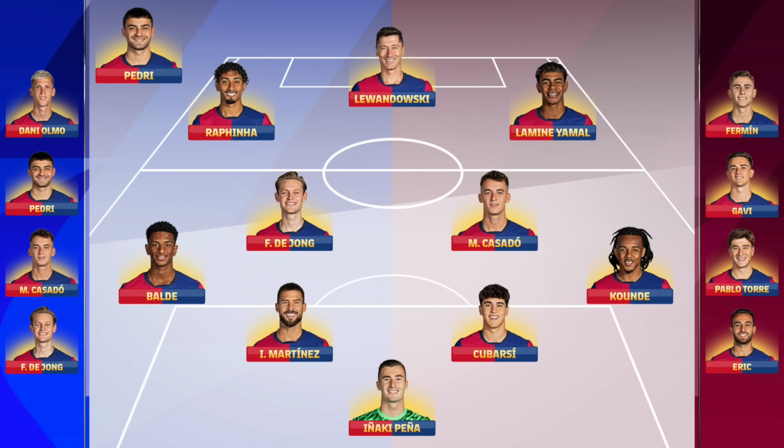So I think it depends on the kind of game, on the kind of circumstances, because you can have Frenkie de Jong alongside Marc Casado, and then you can have Pedri as the more advanced player. Now, we saw that for a period in the Clásico when Flick was looking for a bit more control. He was looking to get on the ball more, maybe to just understand and control the tempo of the game. So depending on the game, you could go with something like that, which maybe would be classed as a little bit more conservative. But then, of course, you also want to see other players, because then you've got the opportunity